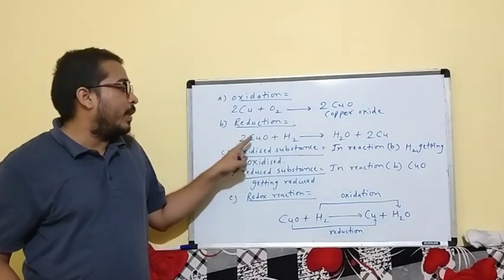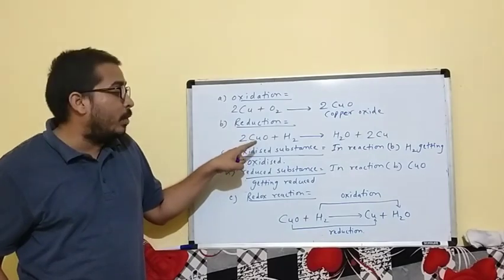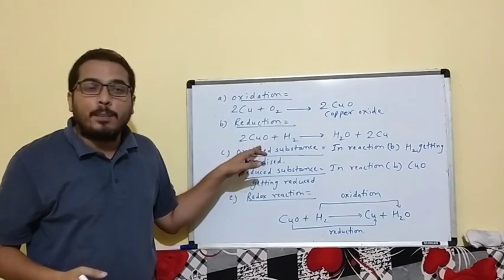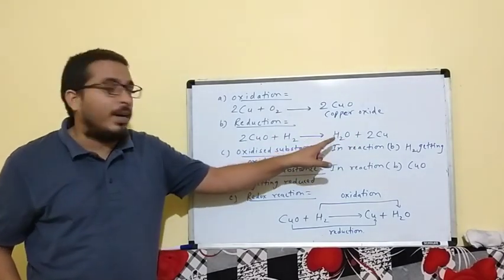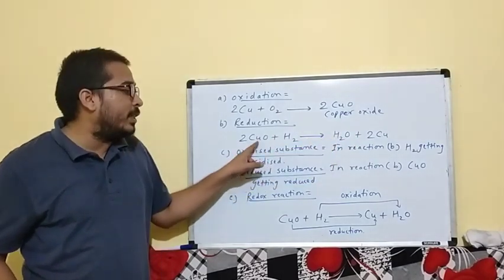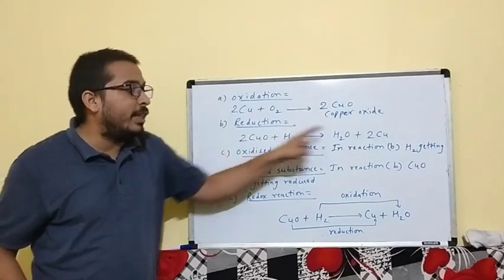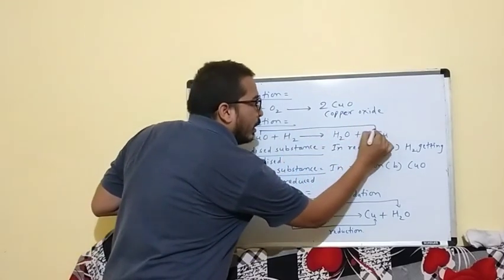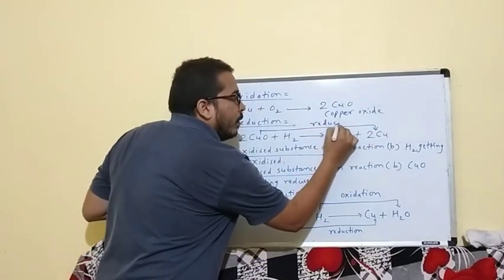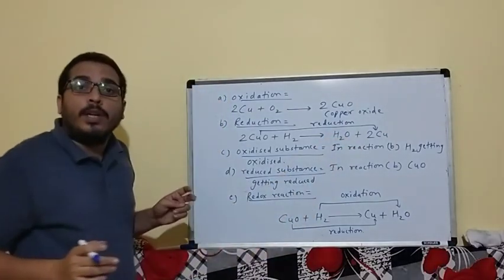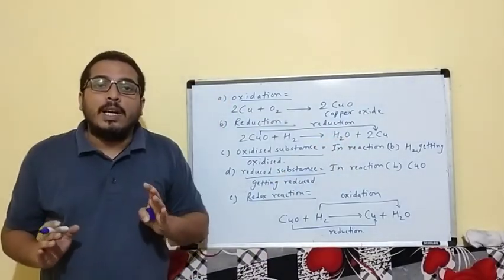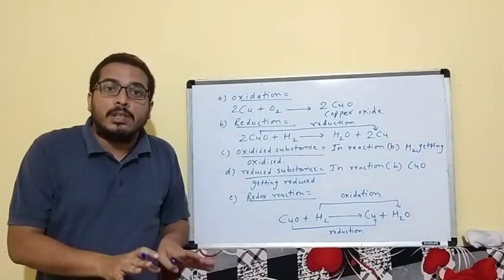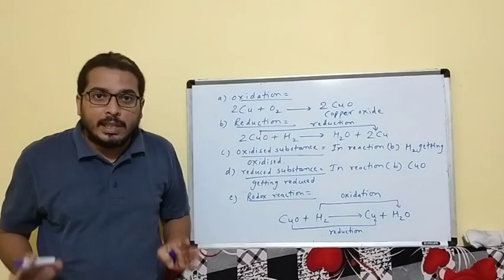Is it clear? So we can take the example. Here we can take the example of only copper oxide. If we pass hydrogen through this copper oxide, then what happens? Copper will be separated out and water will be formed. So in this reaction, copper oxide changes into copper. This particular portion is the example of reduction, because according to the definition I already told you, if any substance loses oxygen or gains hydrogen, it is called a reduction reaction.